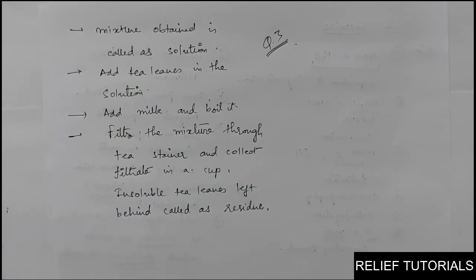Now look at the table. There are 4 different substances: potassium nitrate, sodium chloride, potassium chloride, ammonium chloride. At 5 different temperatures, she has obtained the saturated solutions: 283 Kelvin, 293 Kelvin, 313 Kelvin, 333 and 353. All the substances are dissolved in 100 grams of water. So look at the table.